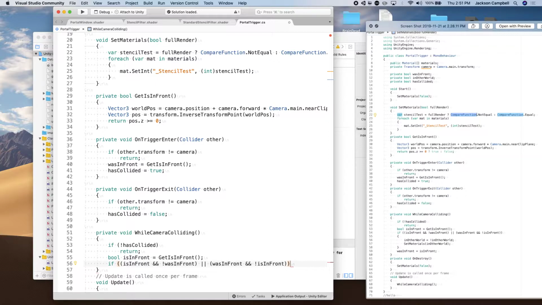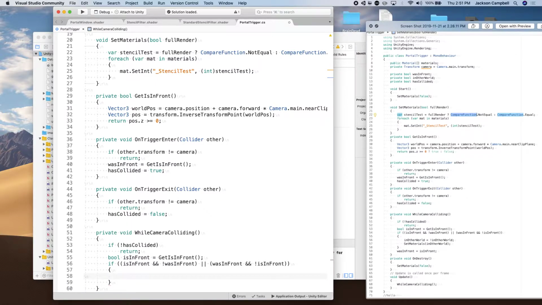Right? So you have to have been in front and moving through. So you're currently in front of the window, you weren't in the last frame. Now you are in front of the window. Or, because we're making this portal work in both directions, you were in front of the window and now you're not in front of the window. Does that make sense? So it's describing through logic of a movement vector, saying I was in front of it and now I'm not, or I wasn't in front of it and now I am. Okay? So if either of those is true,